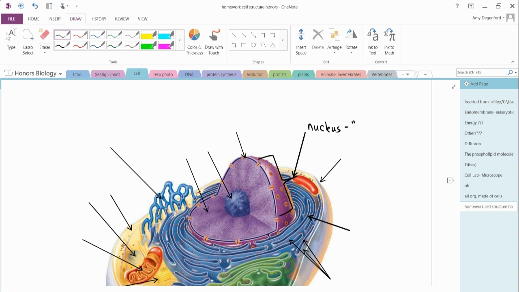So we're going to start with this large purple structure with the bracket, and the bracket is indicating the fact that this goes all the way around. This is the large purple nucleus. And the nucleus, you may have learned in previous classes, is the control center. And what that really means is that this is going to have all of the DNA in the form of chromosomes